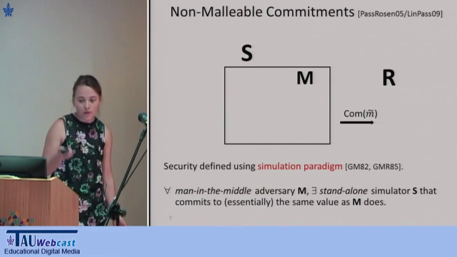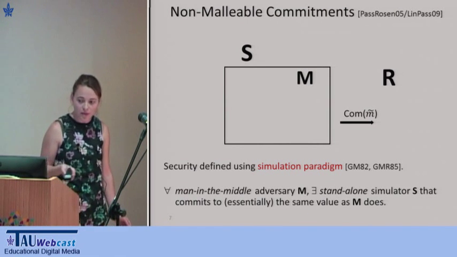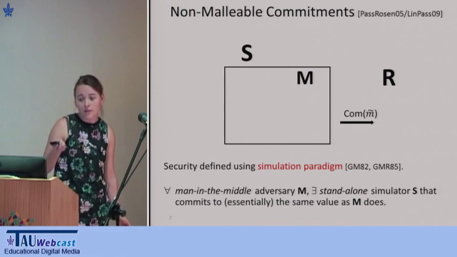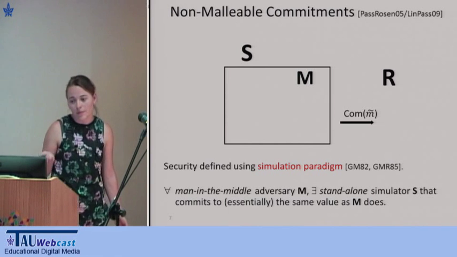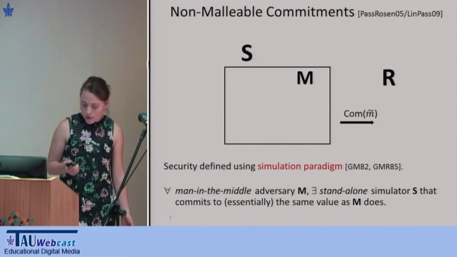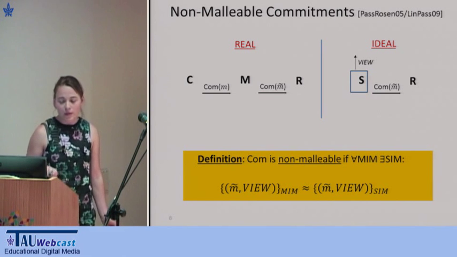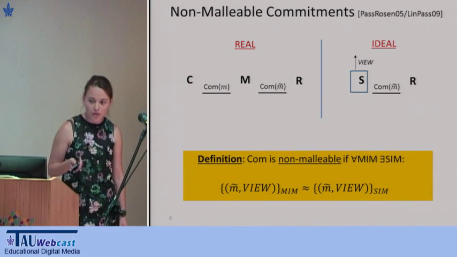And this would capture intuitively what we want, because the simulator has no left interaction. And if he commits to the same value as the man in the middle, it means that the value of the man in the middle is independent of his left interaction. So formally, we define non-malleable commitments as: for any man in the middle, we have a simulator such that the